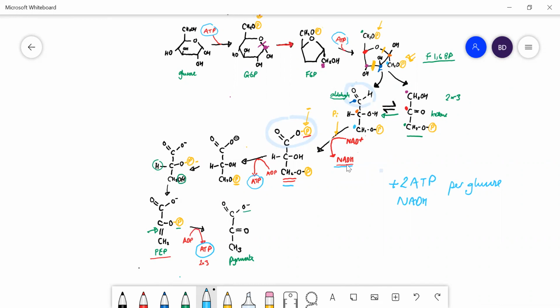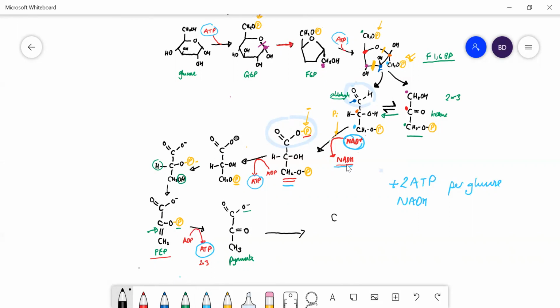Now, have you noticed that so far here we haven't needed any oxygen? So up to pyruvate, that's entirely anaerobic. Now, you can have anaerobic respiration. The problem is that in anaerobic respiration, you're going to run out of NAD+. That's the oxidizing agent you need for that step, and you'll exhaust that. So if you want anaerobic respiration, that has to be regenerated. And the way that is regenerated is